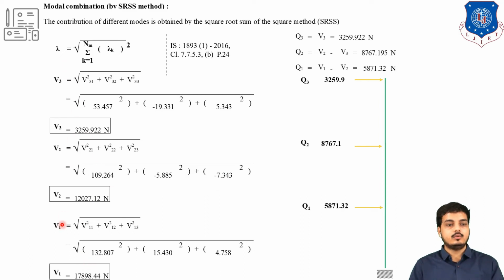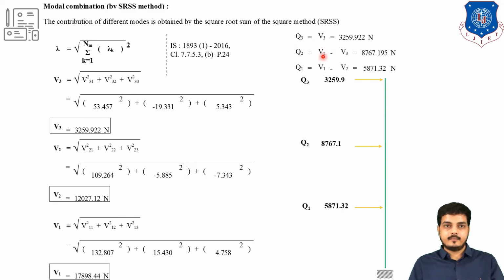After finding out V3, V2 and V1, we can find out the contribution of each. So Q3 will be equal to V3. In the design philosophy, you remember that table in which in the last two parts we were finding out Q values, and on the right hand side we were finding out the V values. So Q equals the summation of all the terms. Now here we will be doing the opposite. We were having the Q values and finding out the V values. Now here we are having the V and we have to find out the Q. So Q3 equals V3 as it is. In that we were doing the summation in the tables. Now here from V we have to find out Q.